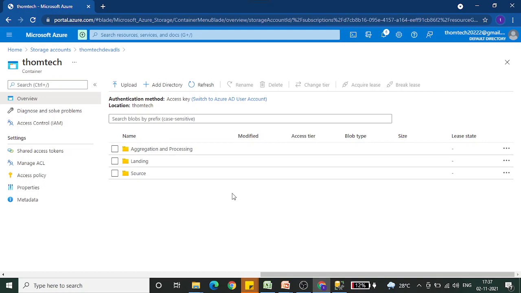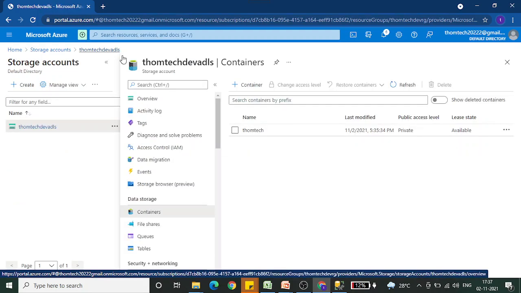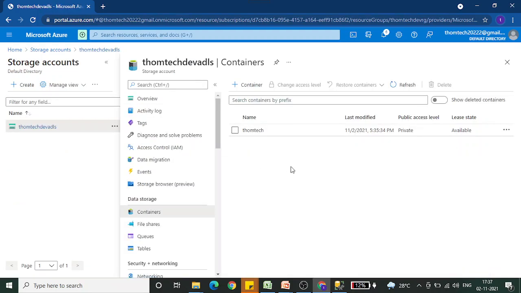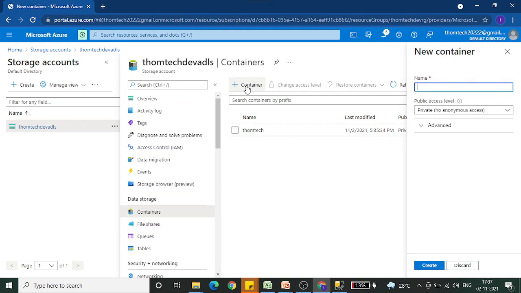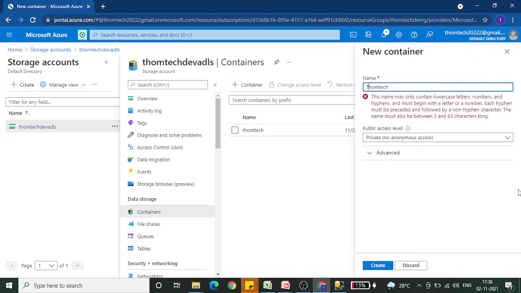So with that, I think we are almost at the end of the session. Before that, let me go one step back, as we were supposed to check something. Let's try to create a new container and give a capital letter. Let's put this as a capital, and I don't think it will take it. Yeah, see, we have to use lowercase in order to create our container, as with other resources. So capital letters are not going to be accepted.